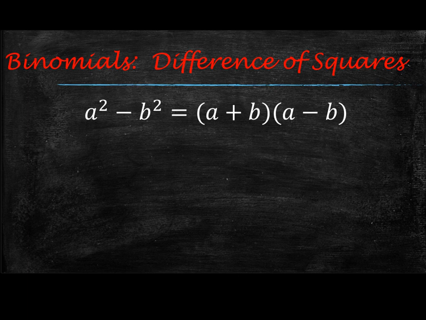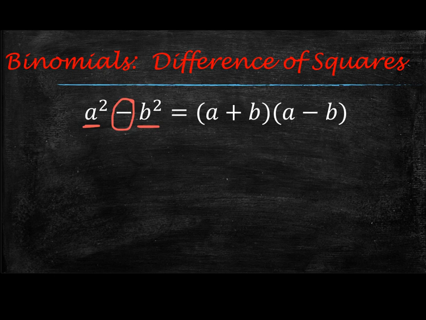The first pattern that we have is called the difference of squares, and you'll see this when you have binomials that are being subtracted, and so that's where the difference part comes in. If you see two terms that are being subtracted, and both of those are perfect squares. So what we mean by that is a number or variable that can be taken the square